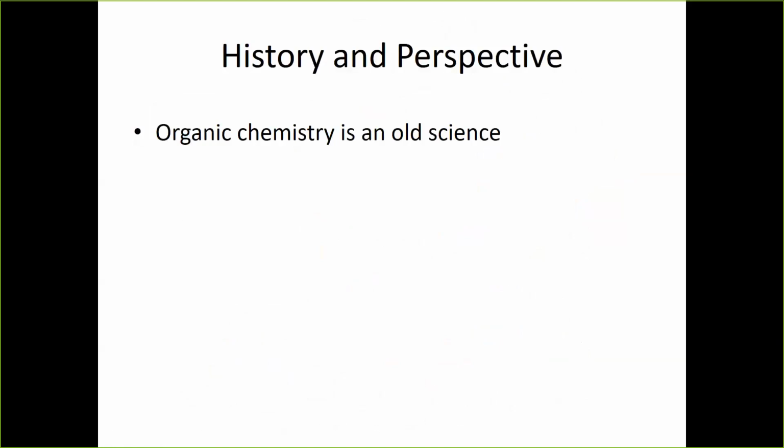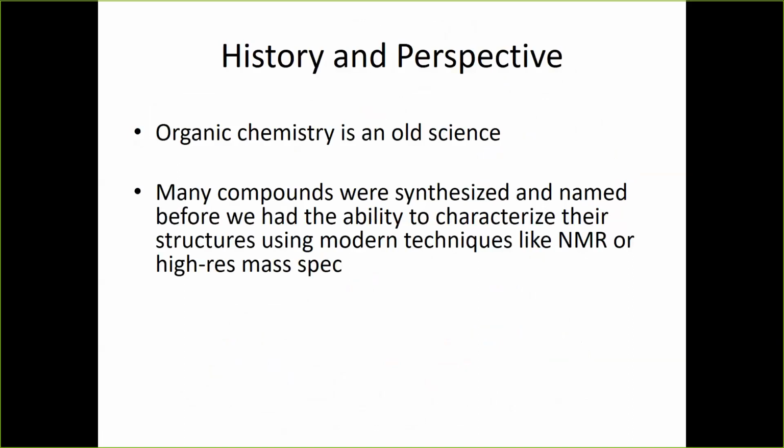The first thing that you should know is that organic chemistry is a fairly old science compared to a lot of the other medical types of sciences that we think about. Because of that, a lot of times the compounds that we're talking about, people were able to synthesize them and work with them before they were able to really figure out what their structures were. So before we had modern instrumentation to figure out the 3D structures, even sometimes the molecular formulas, we were already able to go in the lab and synthesize things.